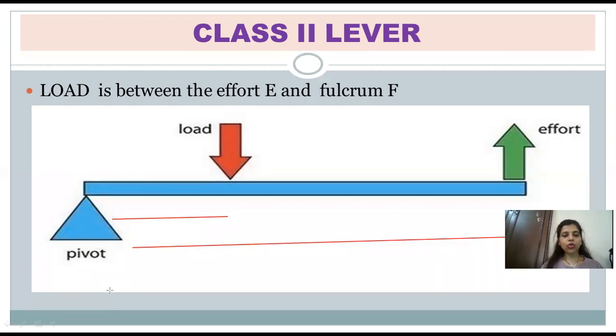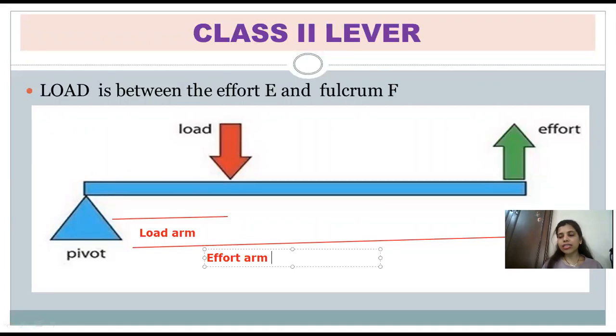As you can see over here, the load arm is always going to be fixed, because the load is at the center, so it is going to be closer to the fulcrum. So the load arm is always going to be less than the effort arm. You can of course shift the position of the load. You can bring it closer to the pivot, or you can move it away from the pivot. That flexibility you have while you design the class 2 lever.